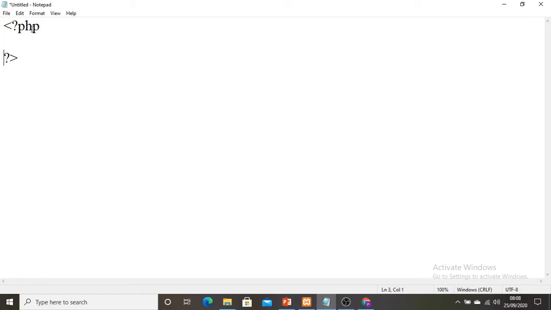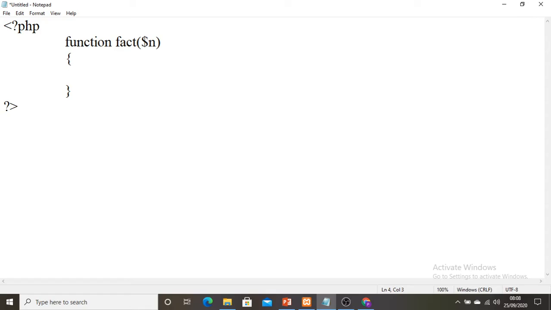This is my PHP syntax, and I will define a function. This function I am writing to find the factorial. I will take the name as fact. Here I am finding the factorial for the given number, that is $n.